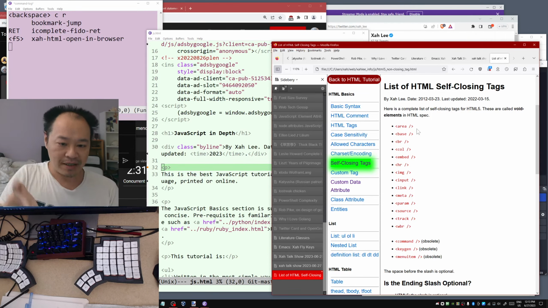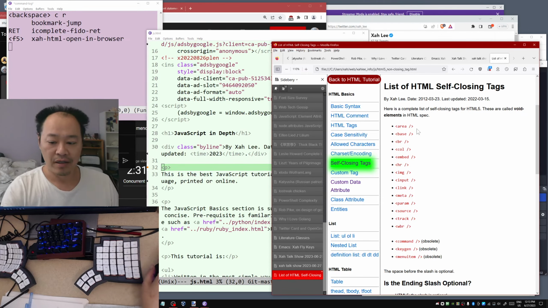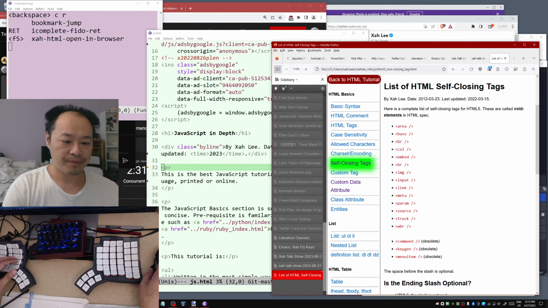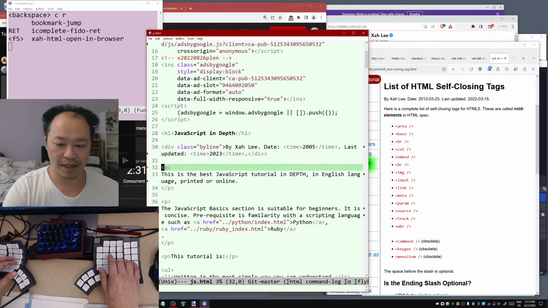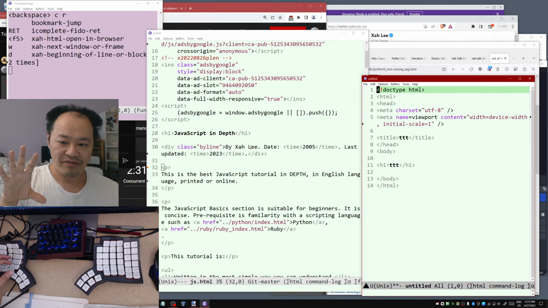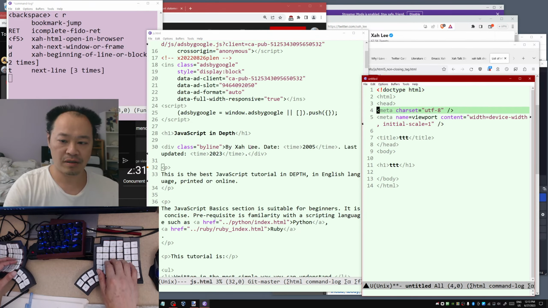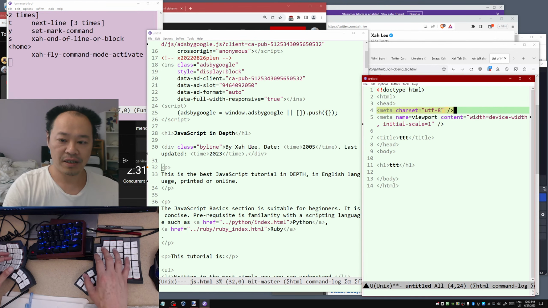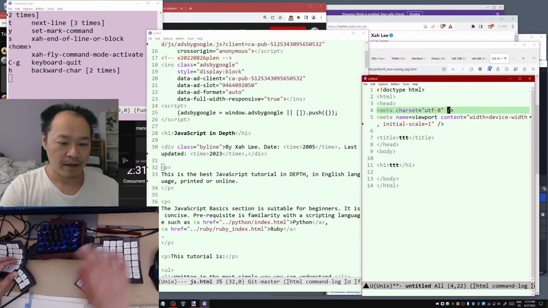But in XML, that slash is required, okay? So that's the bottom line. We talked about that yesterday. XML is much better because purely via syntax you can judge which tag is self-closing, but in HTML you cannot. So anyway,